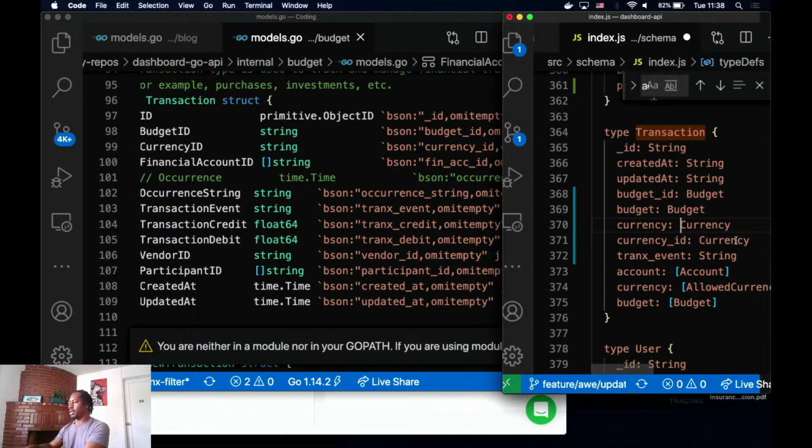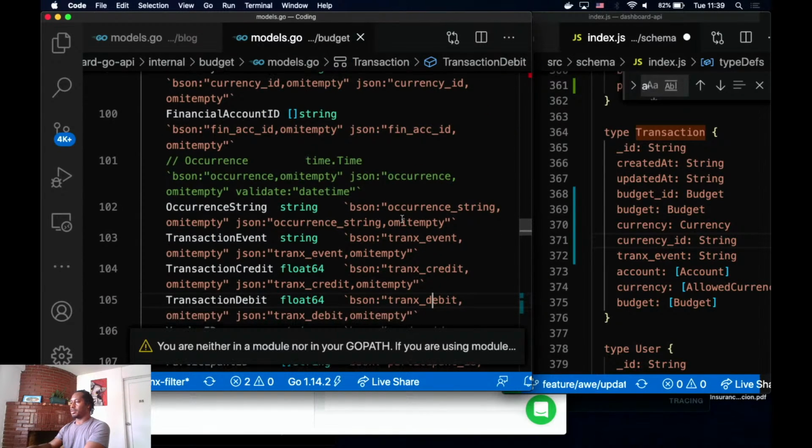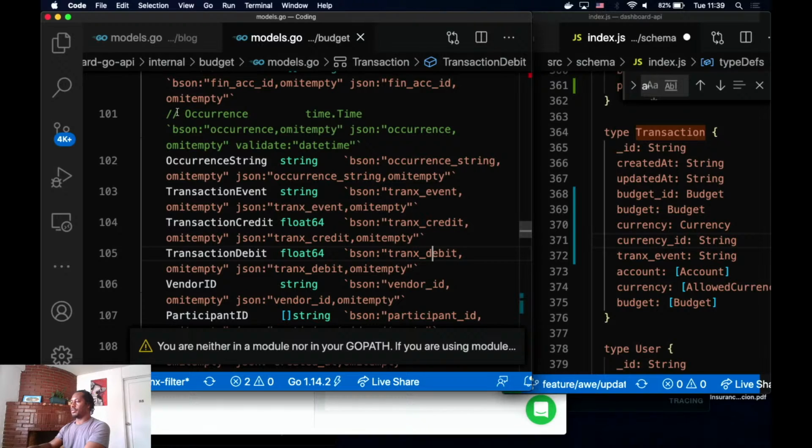One, it's not going to be an array. String. Financial account.